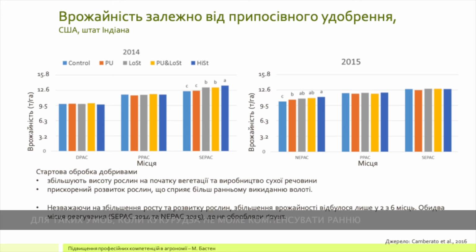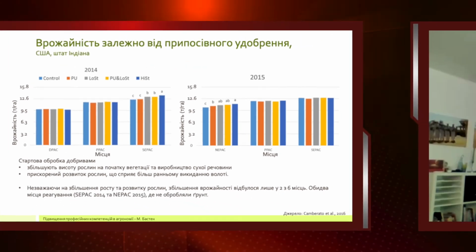the earliness or the better growth, or the worse growth when you have no starter, later in the season. But it materializes if we have limitations of growth later in the season. So then we have better responses to the starter fertilizer. So it's not always given that we get a yield effect. This is also shown in other trials.